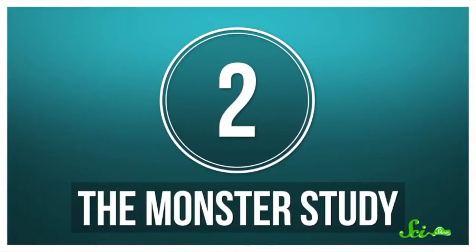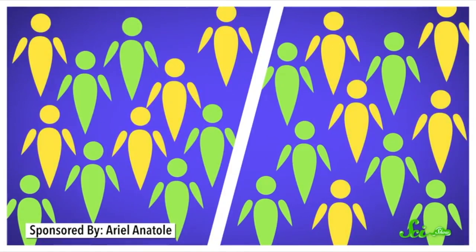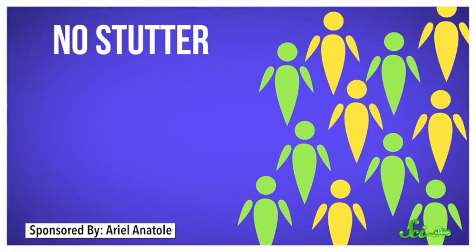In the late 1930s, a psychologist named Wendell Johnson and his graduate student Mary Tudor at the University of Iowa wanted to know how positive and negative feedback affected the way children learned language. They decided to test this directly by giving kids positive and negative feedback on speech disorders. That might not sound so bad, but there's a reason why their experiment is now known as the Monster Study. Tudor recruited 22 children from an orphanage, told them they'd be given speech therapy, and split them into 2 groups. 10 of these children, 5 in each group, had early signs of stutters, but both groups also included kids with normal speech patterns.